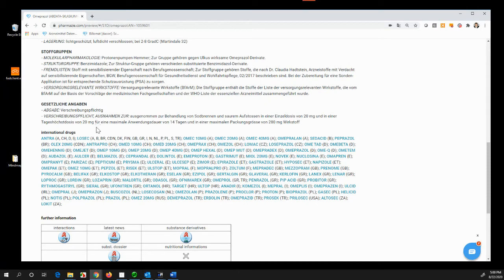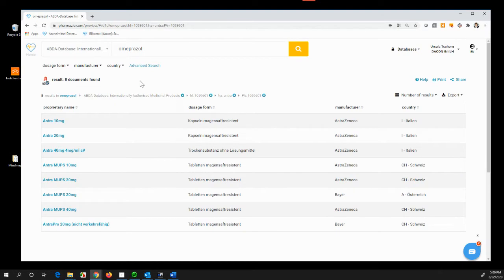And here at a glance, really the international drugs in a very short overview with brand name and the list of countries where this brand name is authorized, such as Antra in Austria and Switzerland and in Italy. Just by clicking on it, you are switching to the international APTA database, and you see here the proprietary name,